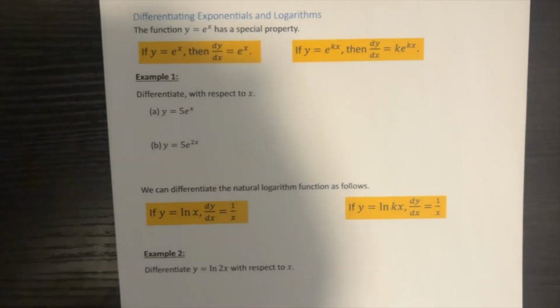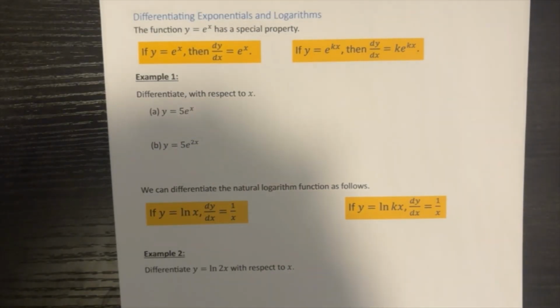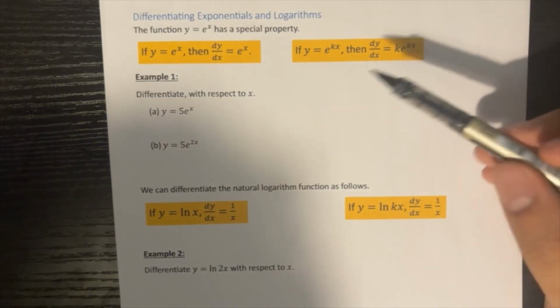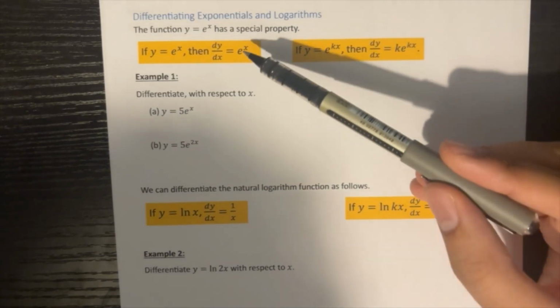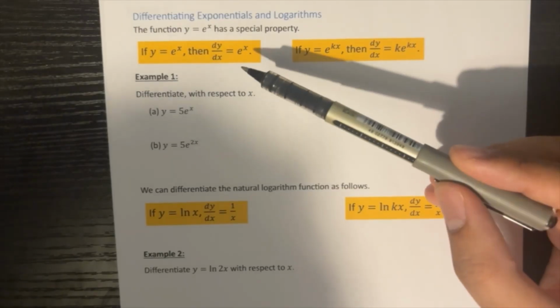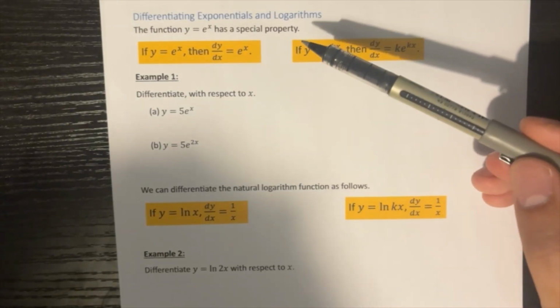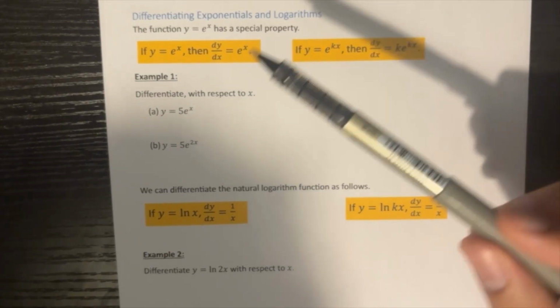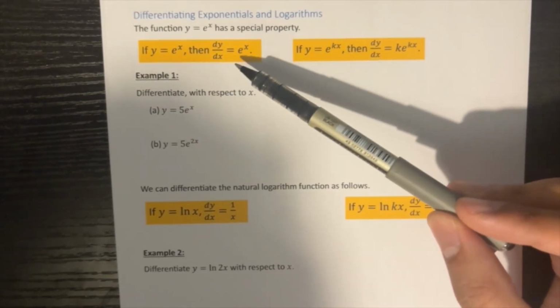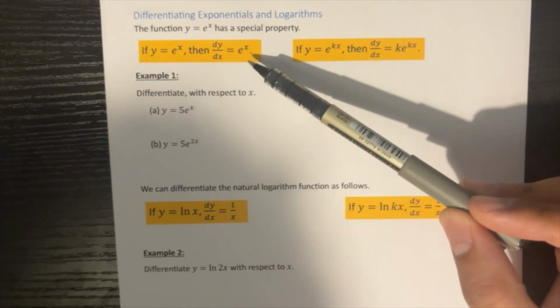In this video, we're going to look at differentiating exponentials and logarithms. So we're going to start off by differentiating y equals e to the x. Now, y equals e to the x has a special property in that it is its own derivative. So if y is equal to e to the x, then dy by dx is equal to e to the